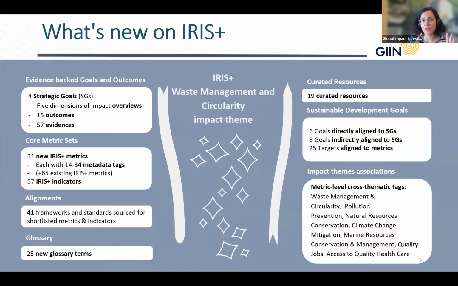So we try to envision what should actually be present in the world in order for waste management circularity to be a topic that's effectively tackled from a sustainability perspective. What needs to be there? So we're looking at minimized waste, optimized infrastructure for waste management, optimized resource use, and also just and equitable practices for workers in the space.